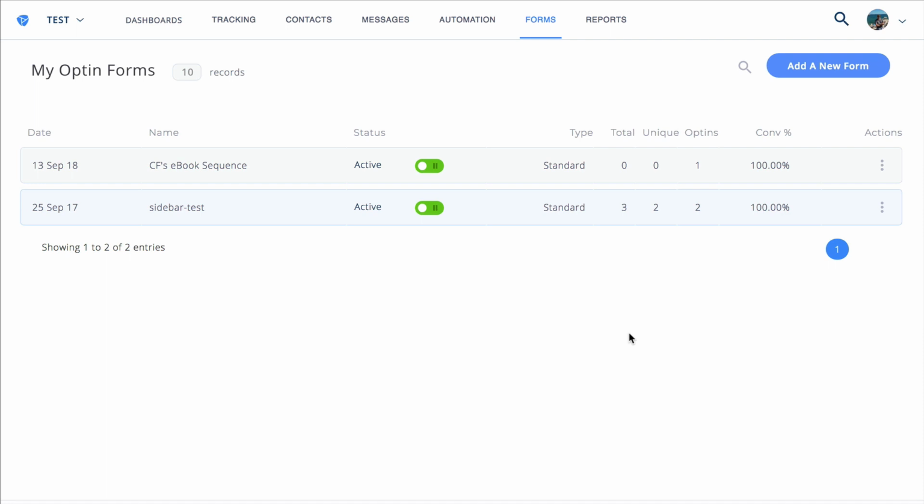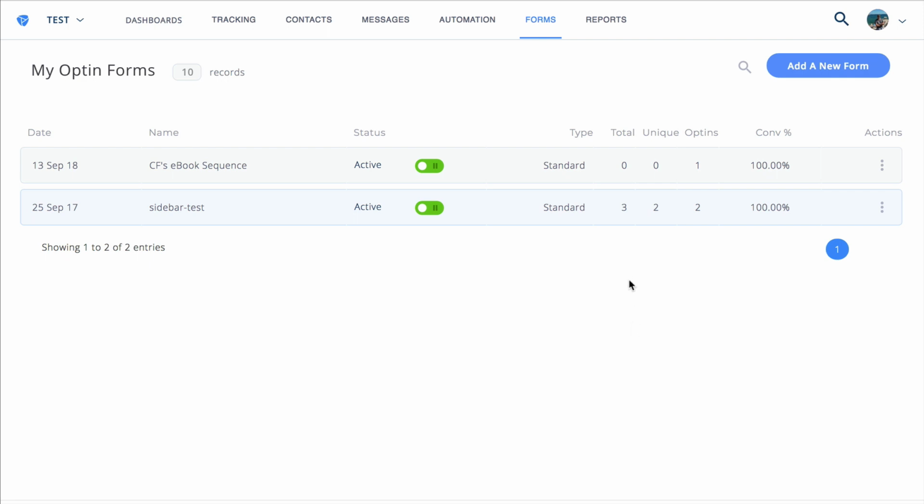In this short tutorial, we're going to look at how you can connect your Platformly account with ClickFunnels. At the moment, they don't have a native integration with us, but maybe if you hassle them enough in their Facebook group and by contacting support, they might add one. But in the meantime, it's not needed in order to connect the two together.